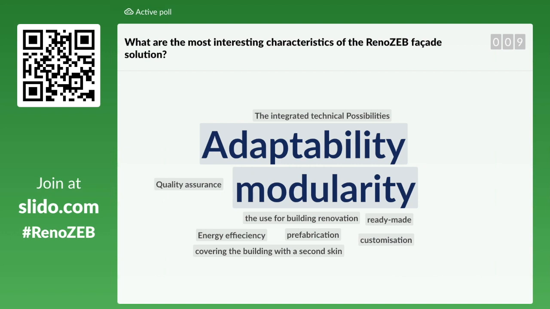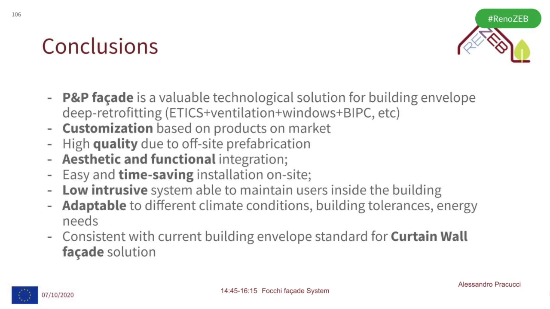Just to recap the conclusions. With this solution, we have designed a plug-and-play facade with different technological solutions, integrating different products that are now provided by different suppliers in the value chain. So HVAC, ventilation, windows, the PV can find in the RenoZEB panel a single solution to integrate all these